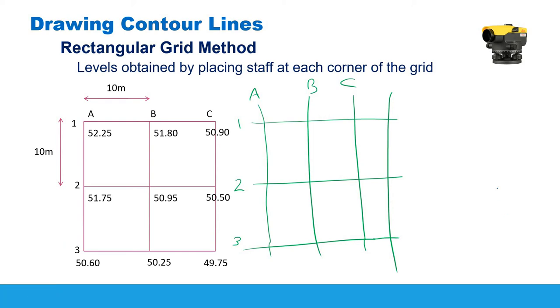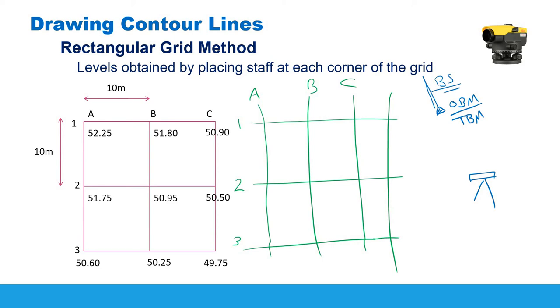And then guys, you will get your level. To set up your level somewhere here, for example, and then if you have a benchmark close to your area, you can use it, or if you don't have a benchmark, you can set up a temporary benchmark. Okay, so you will site the temporary benchmark as a back sight,